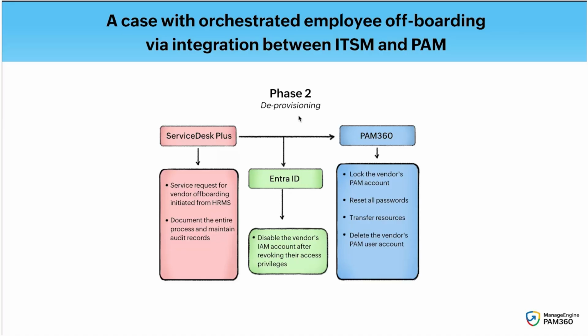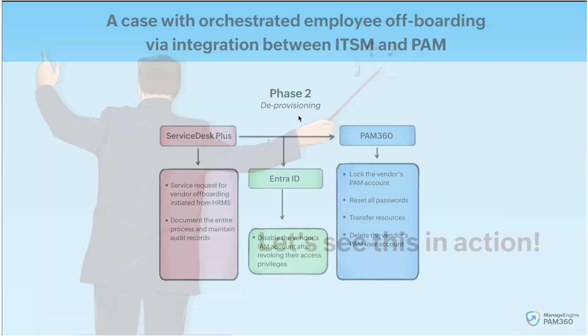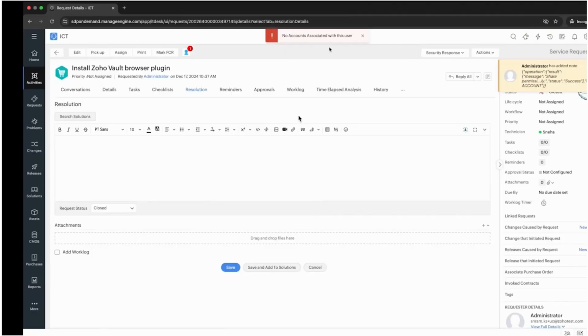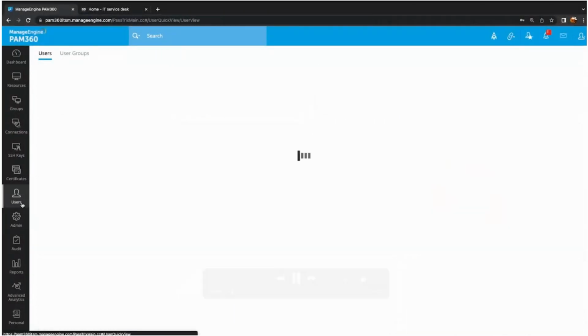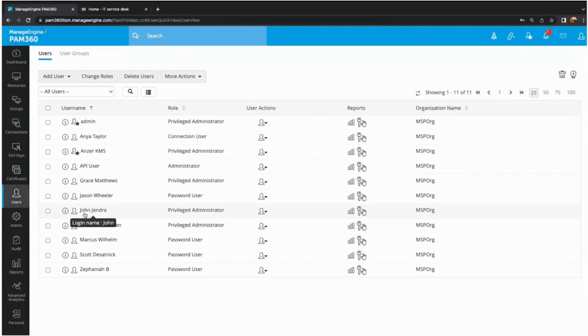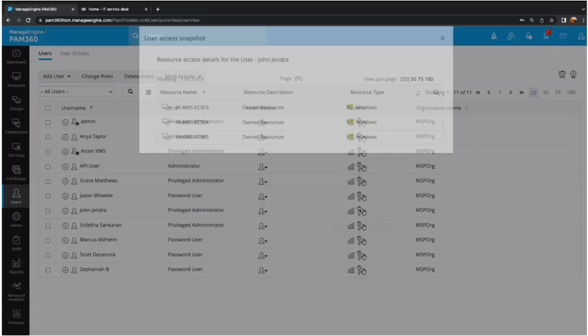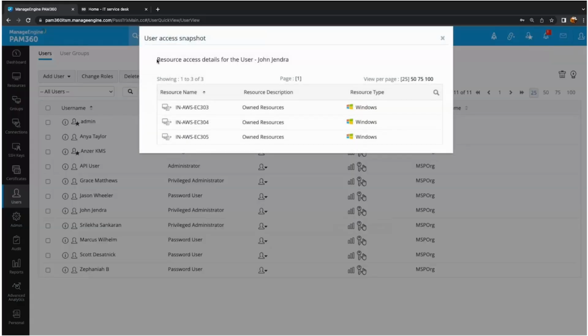And the vendor's account is also deleted from the system. Now, we will see all of this happen in the tool itself, right? As you can see, we're back in PAM 360. In the users tab, you see that John is the user that we will be offboarding, right? You can see in the access snapshot, the entire access portfolio that John has access to are 3 critical Windows